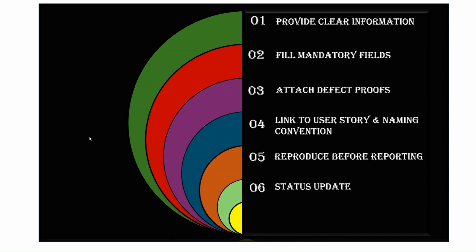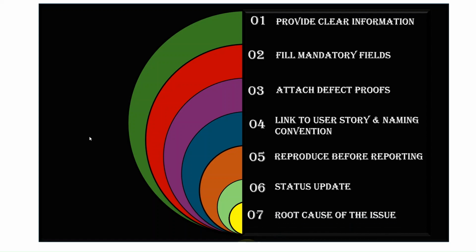Next thing is status update. Initially, when you're creating your defect, as you could see, it's in To Do status, right? Later, you will assign it to the developer. Again, the developer will change the status to In Progress. Then, once the developer fixes the issue, he might assign it to you. So make sure you are following those status updates of the defect. Then only you can clearly understand the actual status of the defect, whether it's fixed, still in development, or assigned for retesting.